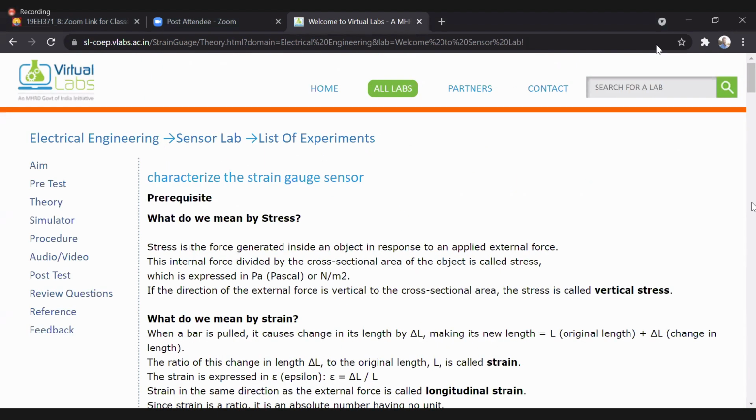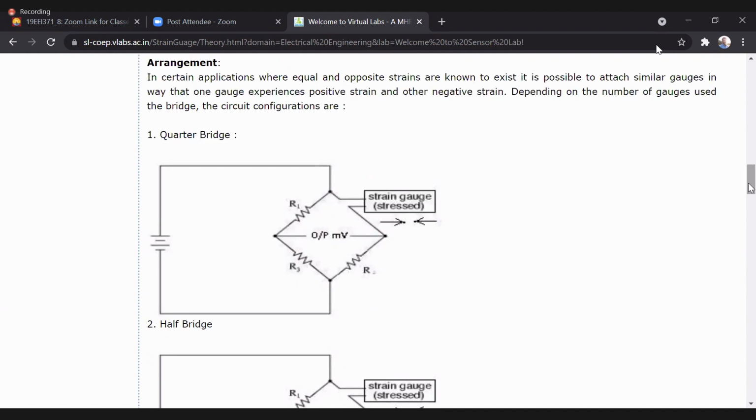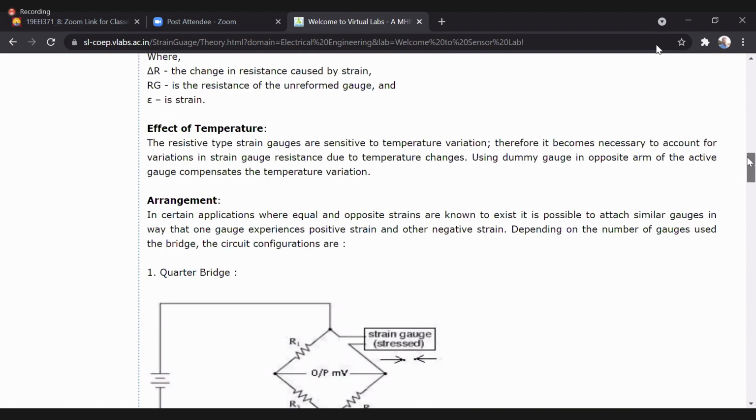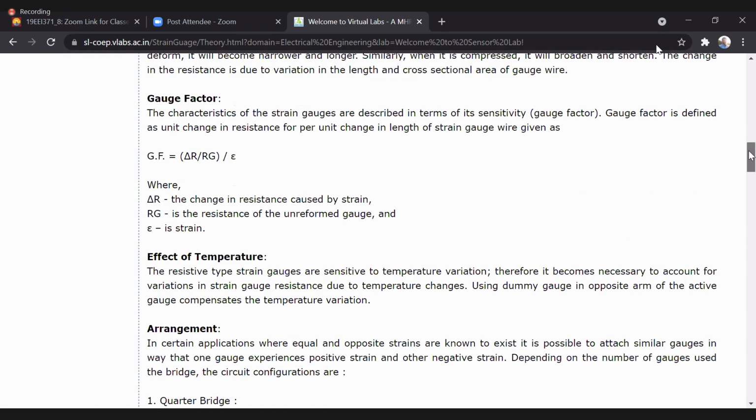Wait. What is epsilon naught? What is epsilon? So it's a strain, sir. How to define strain? Scroll up. Here you have the definition for the epsilon.